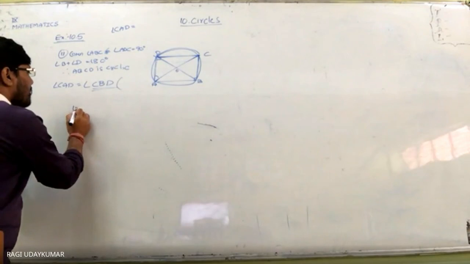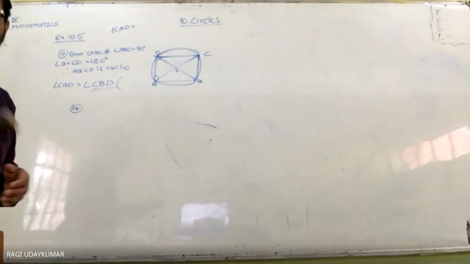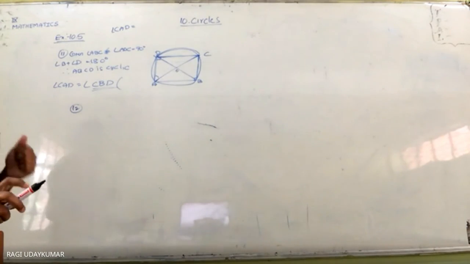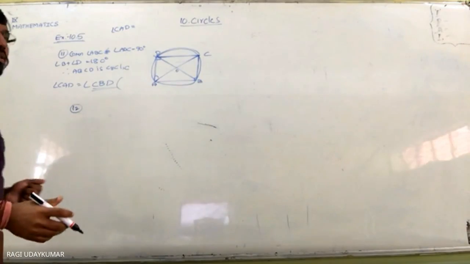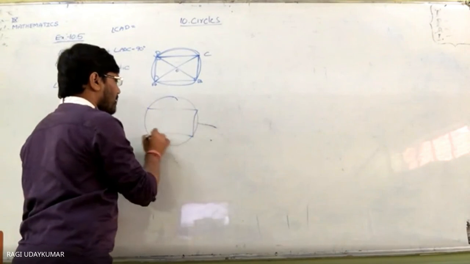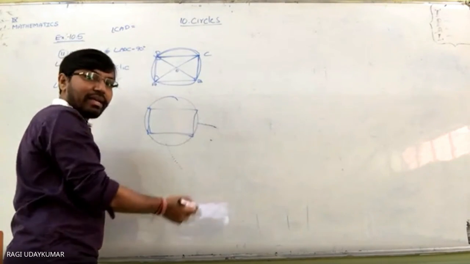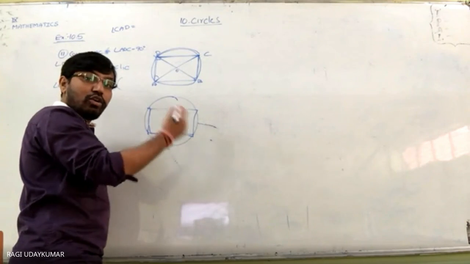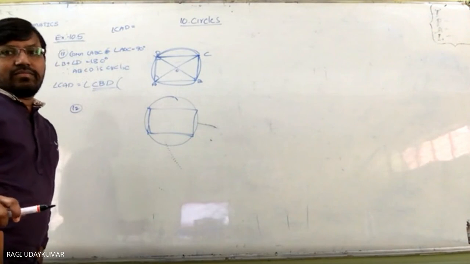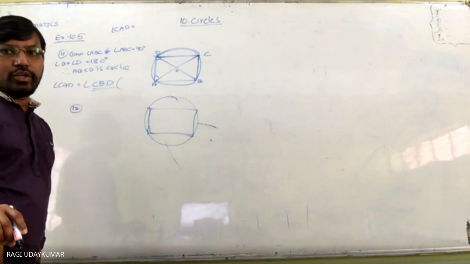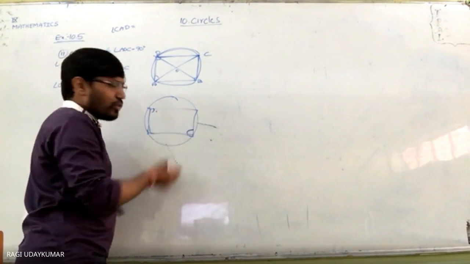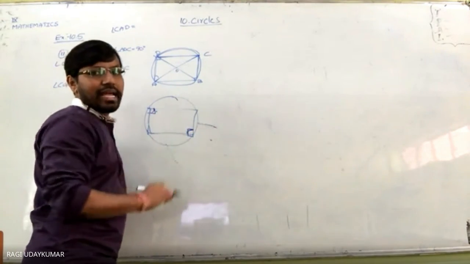Last one, the 12th question is given to you. Prove that a cyclic quadrilateral that is a parallelogram is a rectangle. We have already proved this in the previous question: proving a quadrilateral is a parallelogram and then showing it is a rectangle. So here the parallelogram is already given. Parallelogram given means these two opposite angles are equal and the sum is 180 degrees, so each angle is 90 degrees. Then it is a rectangle.